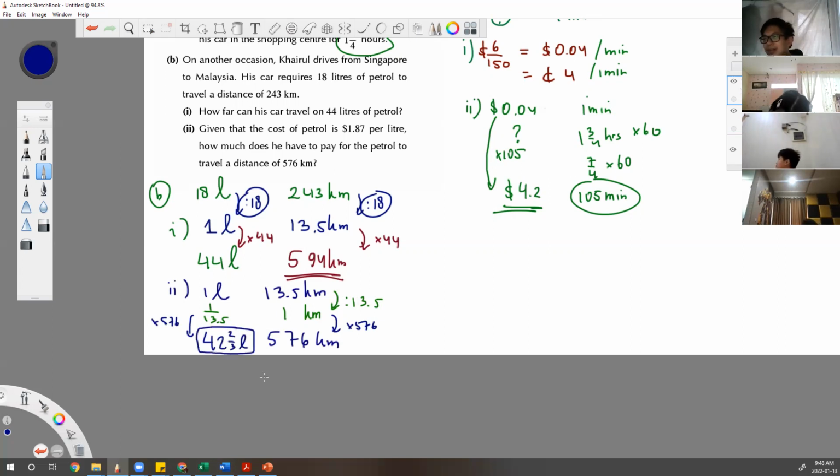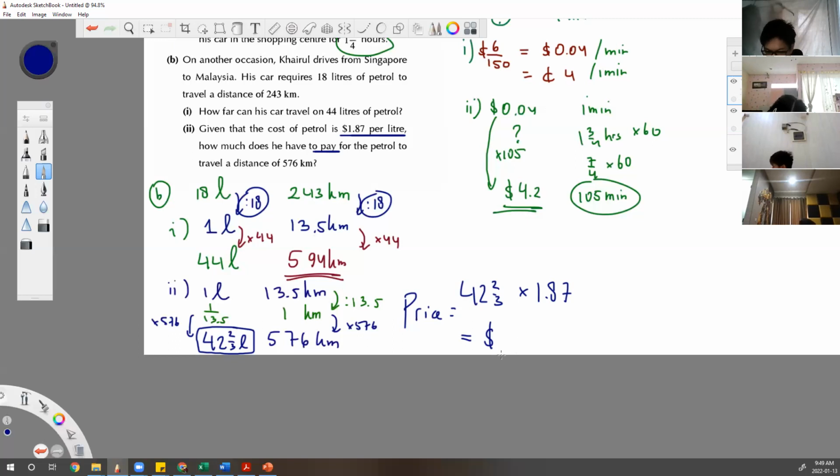But the question is not asking you for the liter. The question is asking you for the cost. How much does he have to pay? So the total liter is 42 2/3. So the price will be 42 2/3 multiplied by 1.87. That's how it works. Times 1.87. The answer is